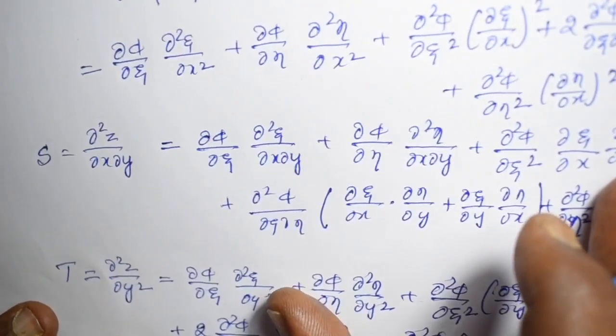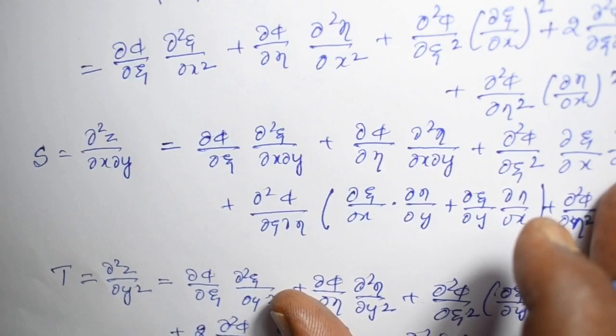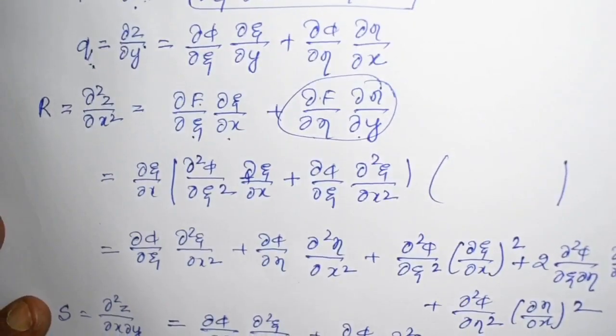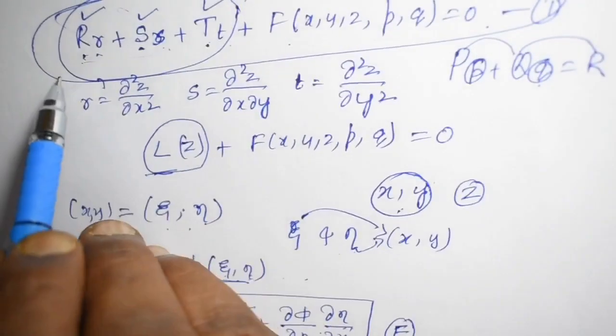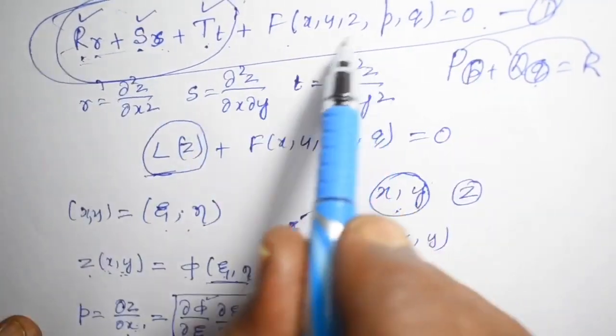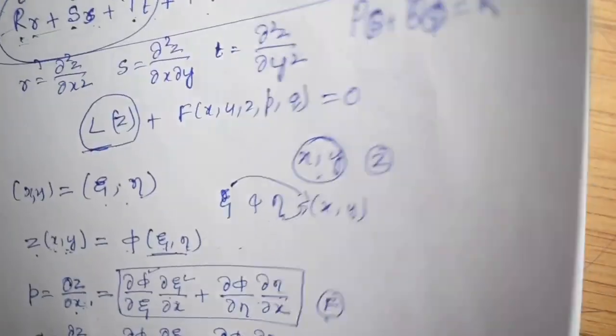Now you have the second derivative with respect to x, the second derivative with respect to x and y, the second derivative with respect to y, and the first derivative with respect to x and the first derivative with respect to y. Now by substituting all those in the given equation, in the first equation, you are going to get